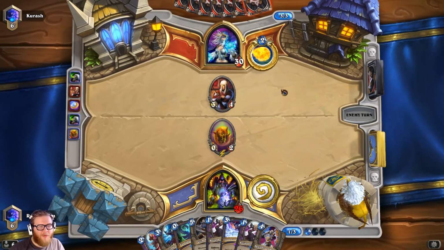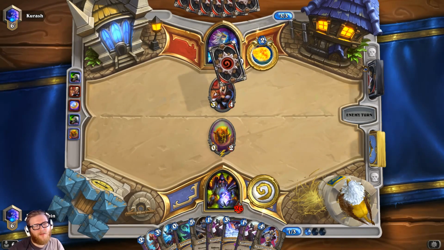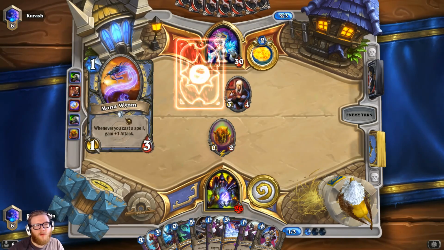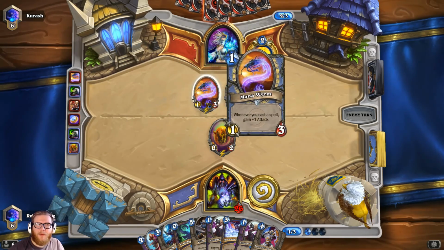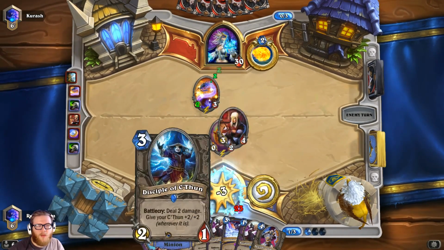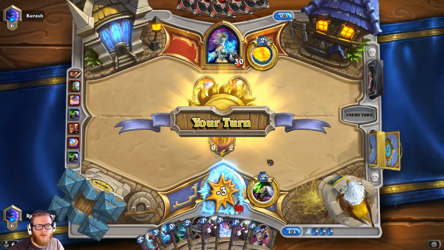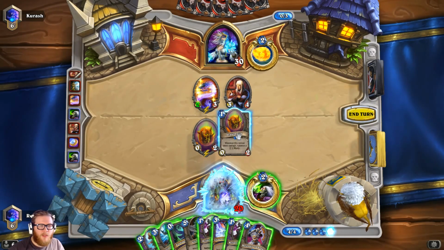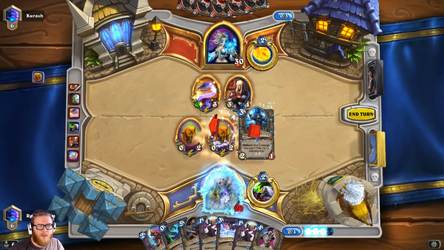Maybe he'll play like a Flamewaker and I can just go ahead and cast this. Kill a turn that way. It'll actually summon me a dude. Probably need him to play one more guy before this is worth it. Yeah, that's not worth it. Ugh. I'll just play a Dragon Egg and